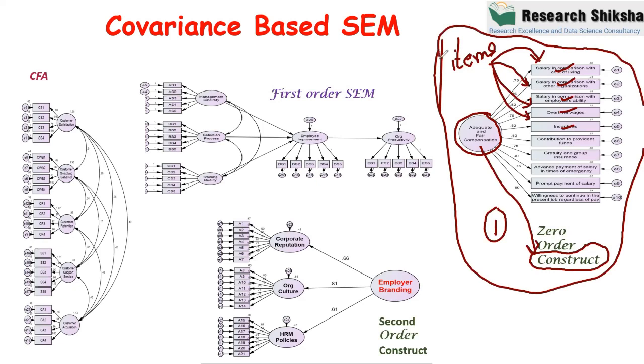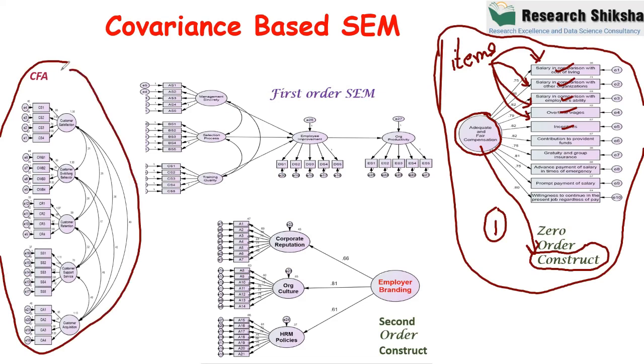After that, we will study the second model. This second model is known as the measurement model. This is model number 2. In the measurement model, we included 5 constructs. In this CFA diagram, how many constructs can you see? You can identify that in total there are 5 constructs: construct number 1, 2, 3, 4, and 5. This model is known as the measurement model, and it is also known as confirmatory factor analysis. We will discuss it also.